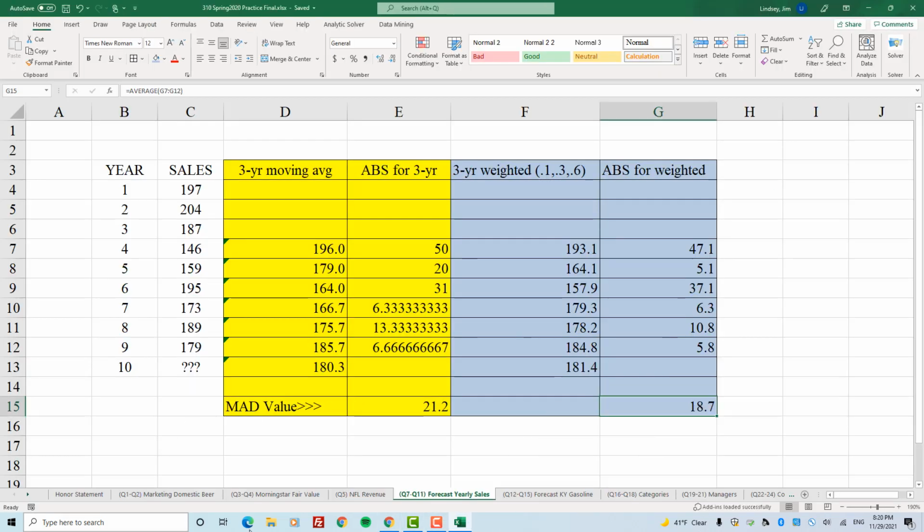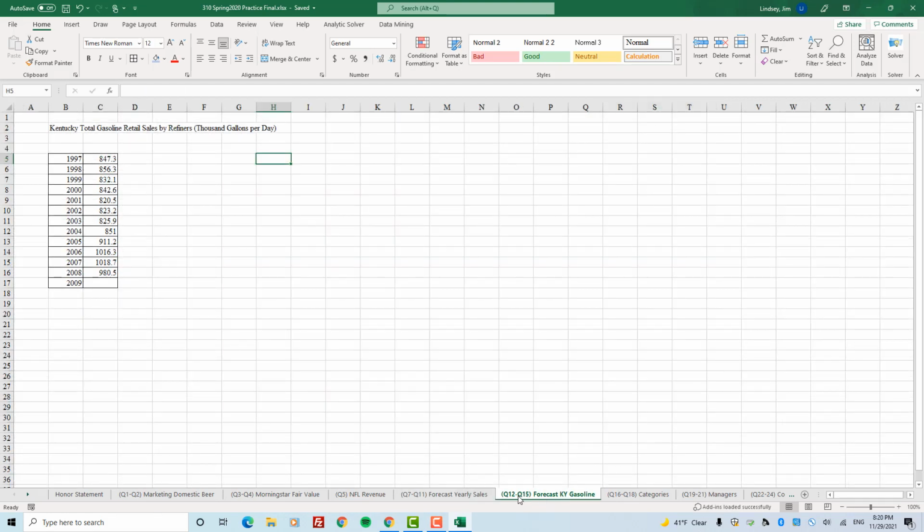Okay, so let's jump over to our next set of questions. Questions 12 through 15 come from this forecast Kentucky gasoline sheet right over here. And you'll see that there are years from 1997 through 2009. And then these are retail sales of gasoline in thousands of gallons. And so we're going to be trying to forecast this